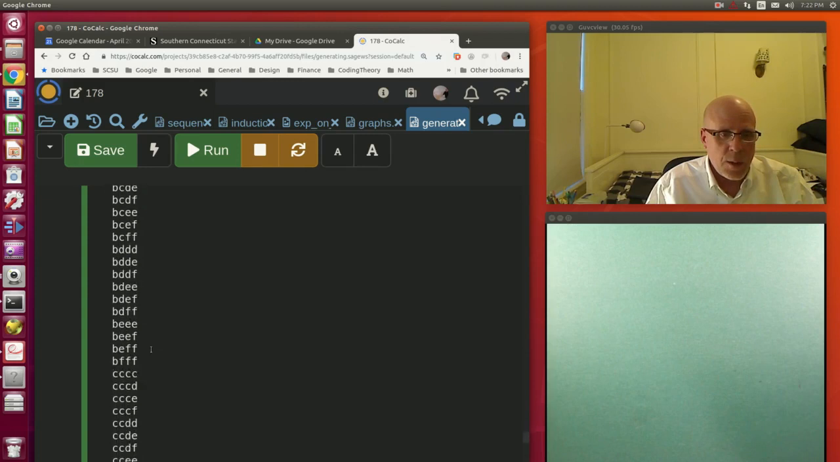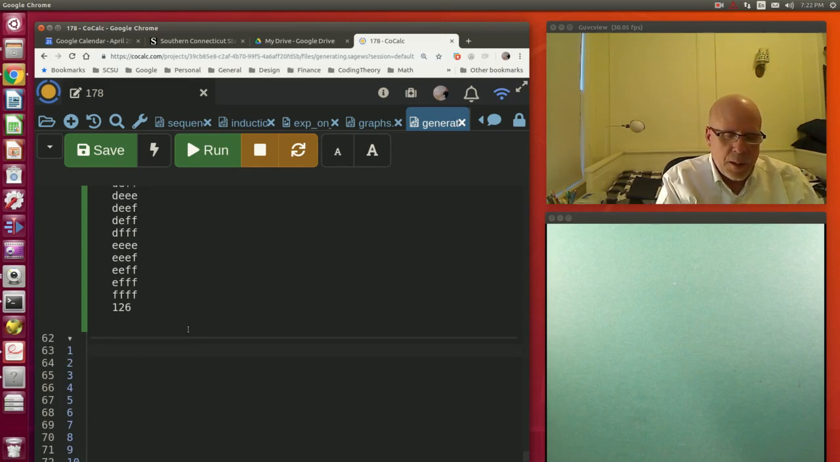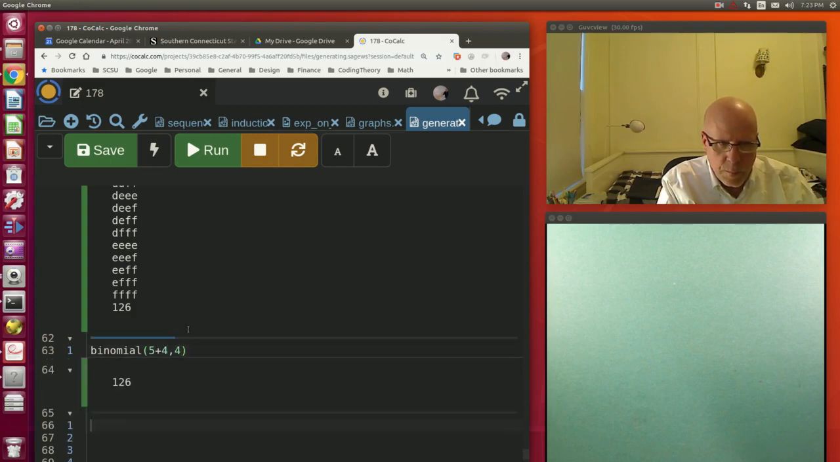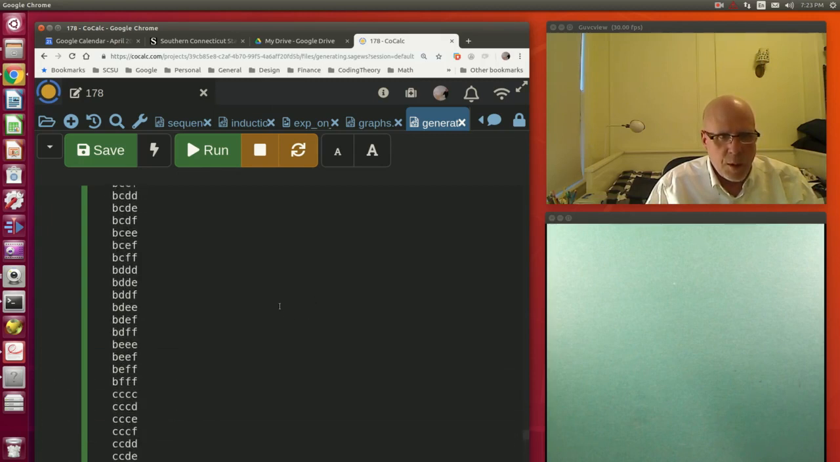And what's the last one? It should be all F's, right? And 126. Now, that was 6 symbols, so 5 commas, and we're taking selections of size 4, so 4 blanks. That means we're looking for the binomial coefficient 5 plus 4, choose 4, 126. All right, so I just wanted you to see some of the fun you can have playing around with